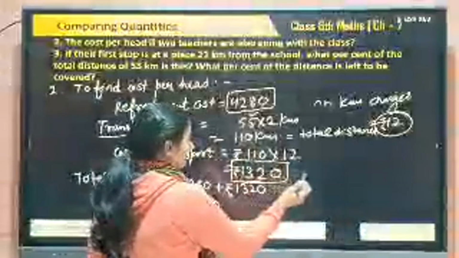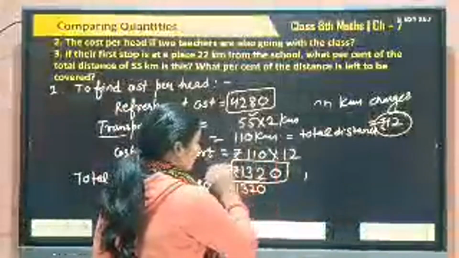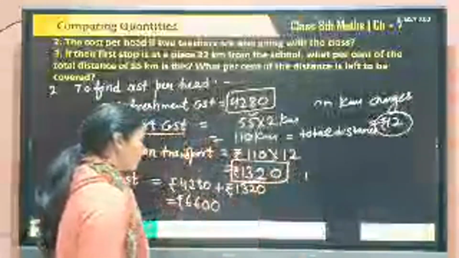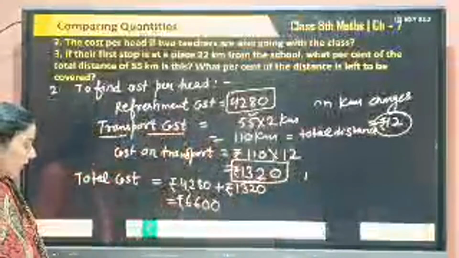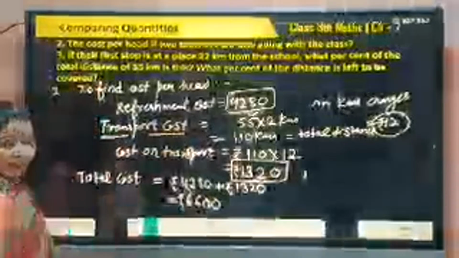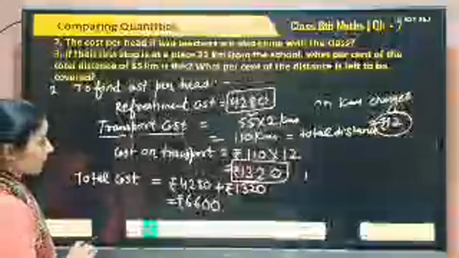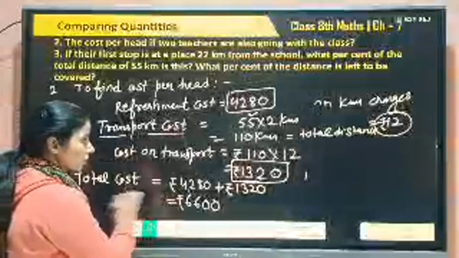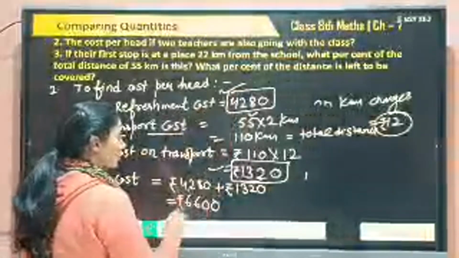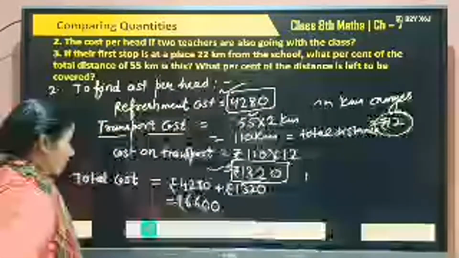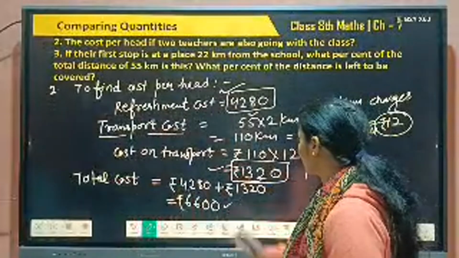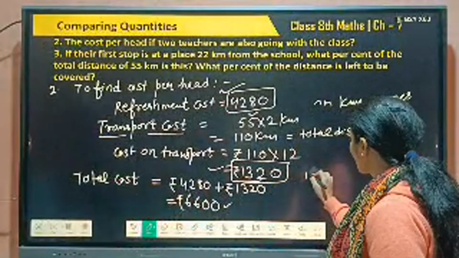12 zeros are 0, then 1, 12 1 are 12, and 1 13. It is 1320. Now if we have to find out cost per head, so we need to add these total cost of refreshment and cost on transport. Add this, it will be 6,600. Now cost per head